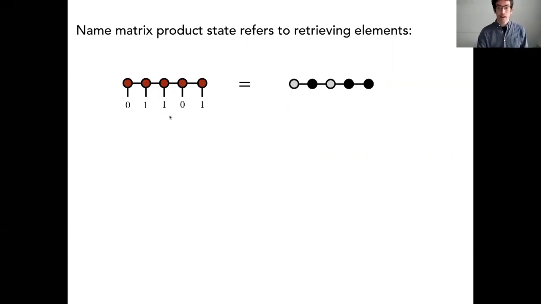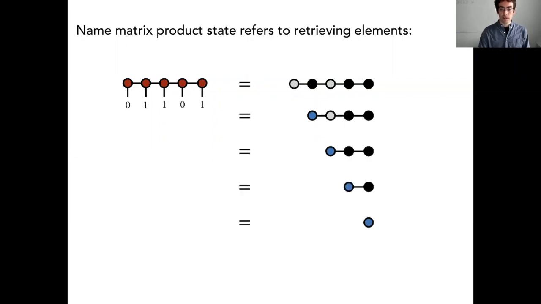And now I'm just coloring the remaining tensors with these different colors to remember which slice I got by setting those values. And now you can see that this is just a chain of vector matrix multiplication. So it's a vector, matrix, matrix, matrix, vector. Then I just do those one at a time efficiently and get a scalar. So with very small computational overhead, I can recover any of the 2 to the n values of this tensor that I want that way. So that's why it's called matrix product state. But tensor train is actually a catchier name. I kind of like it better.